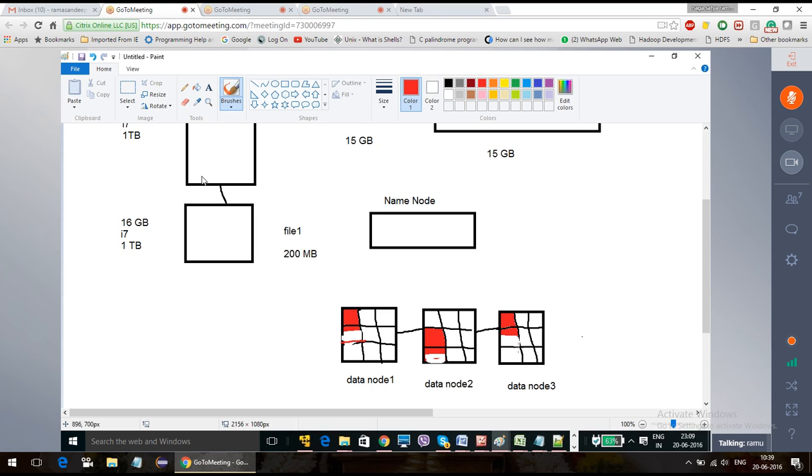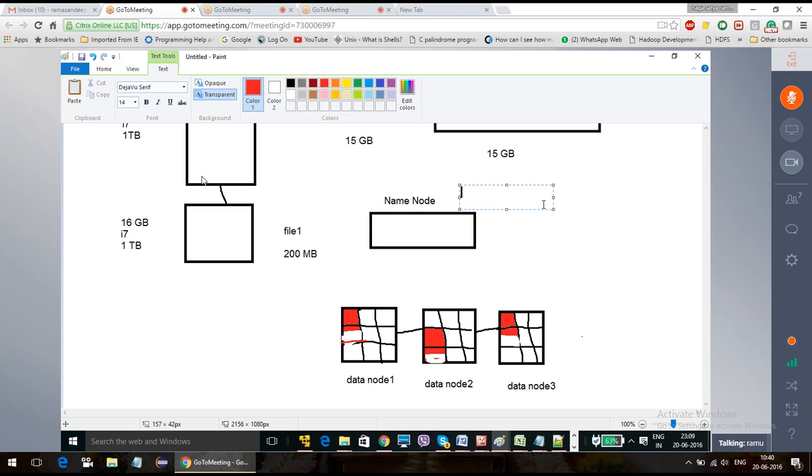It will have the entire information, and it will also contain a transaction log. We can call it the edit log in the name node. It will store the file 1 metadata. Metadata is nothing but,